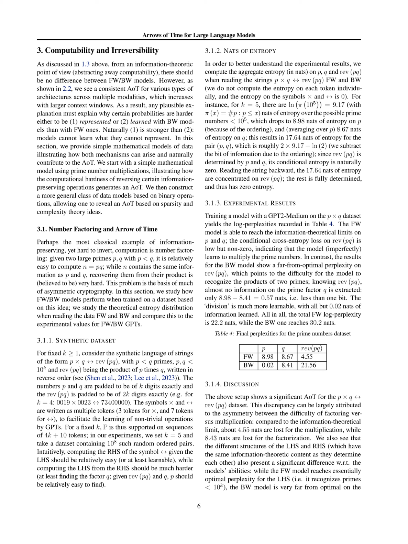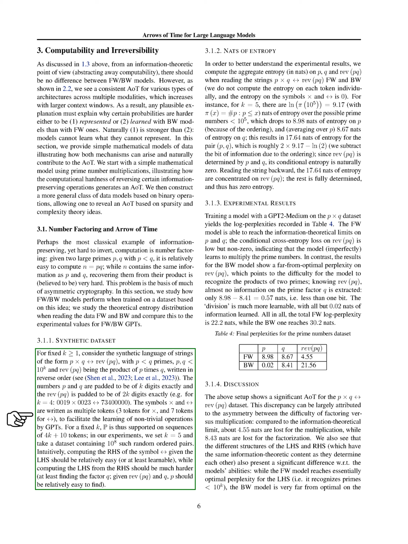Section summary. The experiments demonstrate the presence of an arrow of time, AOT, for English and French, and this phenomenon appears to be universal across various human languages. The magnitude of the AOT varies between languages, but consistently emerges for large models with a long training duration and a large context window. Additionally, the direction and presence of the AOT are universal, but its magnitude is influenced by the language and context length. The section also discusses the computability and irreversibility of the AOT, using mathematical models to illustrate the computational difficulty of reversing certain information-preserving operations, such as number factoring.